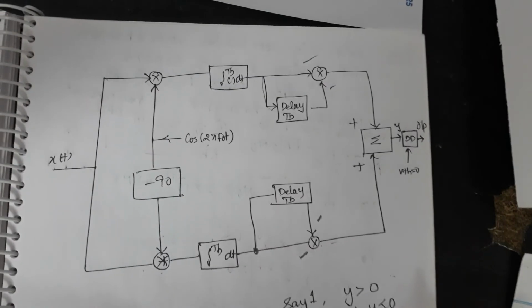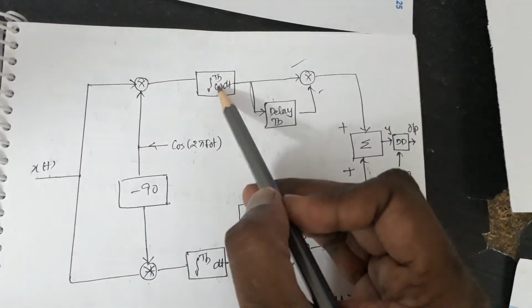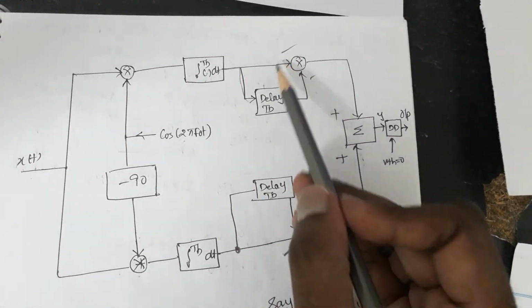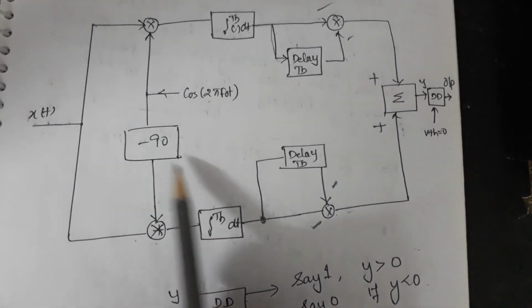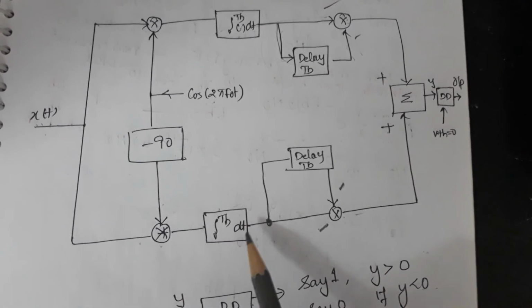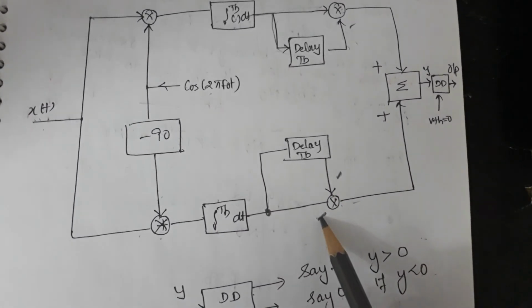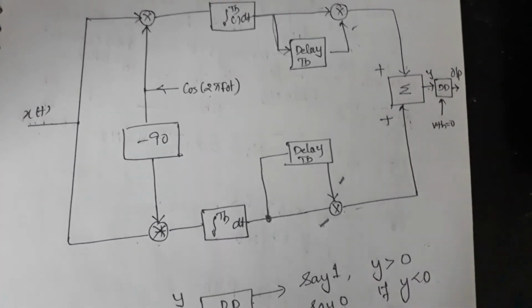So I will just show the diagram one more time. When we see the data, cos, integrate, the only thing is you have to delay forward whatever you get here, delay and multiply. Same way here also, s of t with minus 90 degree phase shift, whatever I get here, integrate, delay forward, multiply with this and move forward. Add these two, you get the output here and you can get the value.